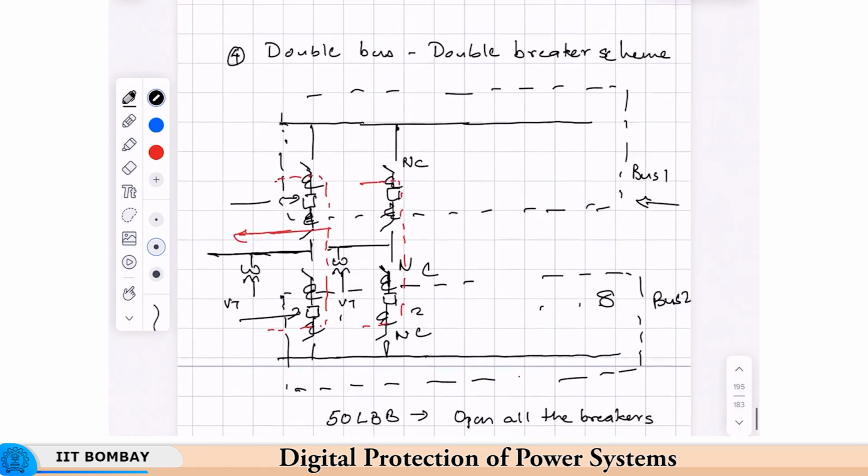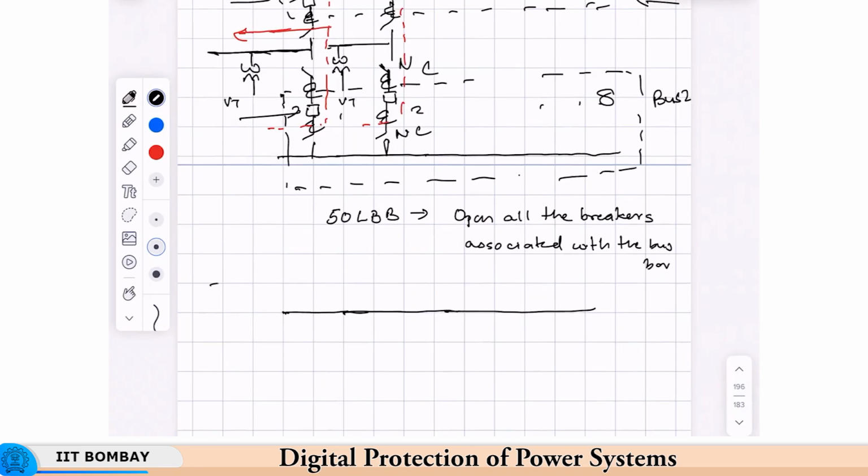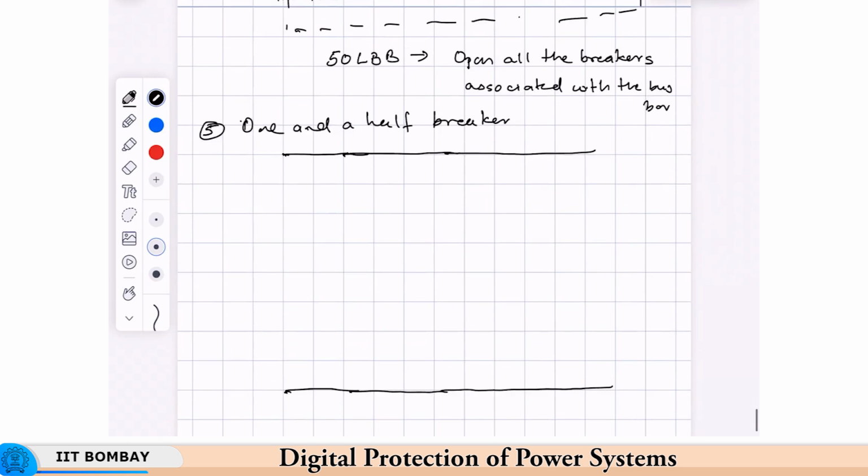So, this is the 5th one, breaker and a half or 1.5 breaker. This is quite popular at UHV levels, even in India. Why 1.5? Because I will just show you, between two